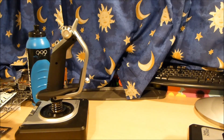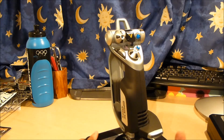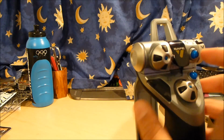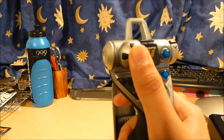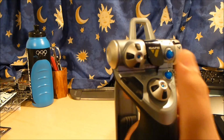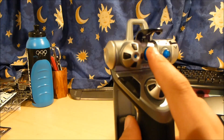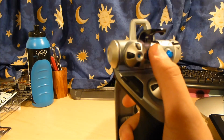So let's actually have a look at the joystick first. If we start from the top, we've got a point of view hat switch here. We've got two of those. So I think these are 8-way, and under here we have a fire button. You can use that for a missile, or if you're playing like Hawks 2, I think it's the default button